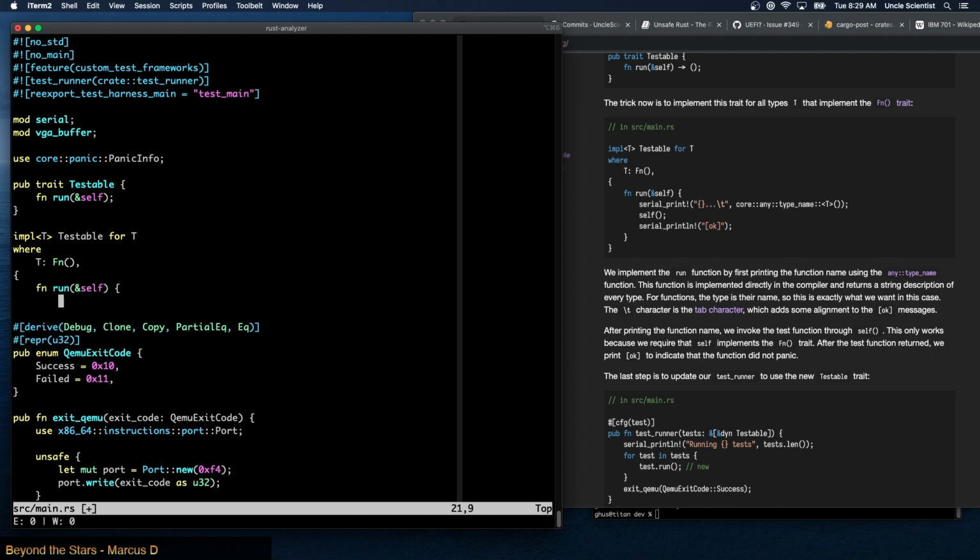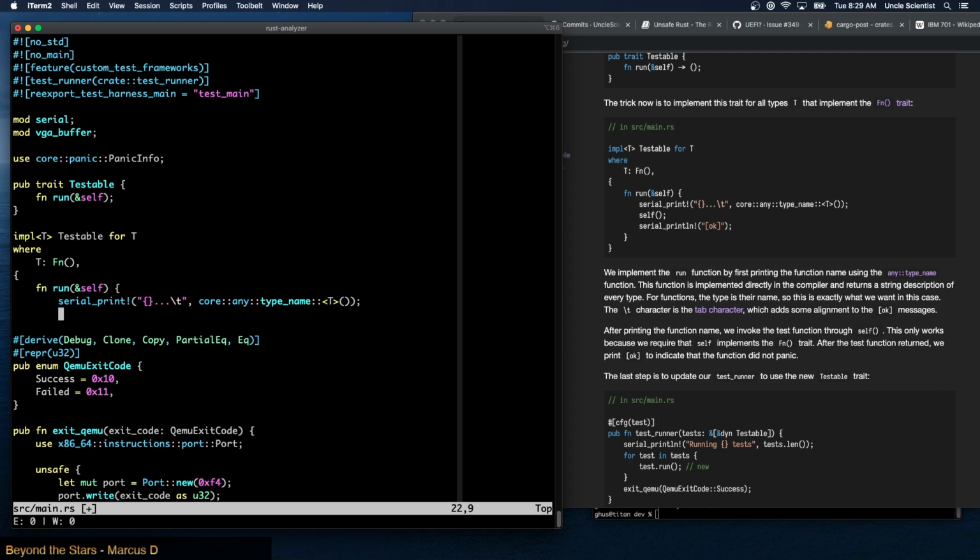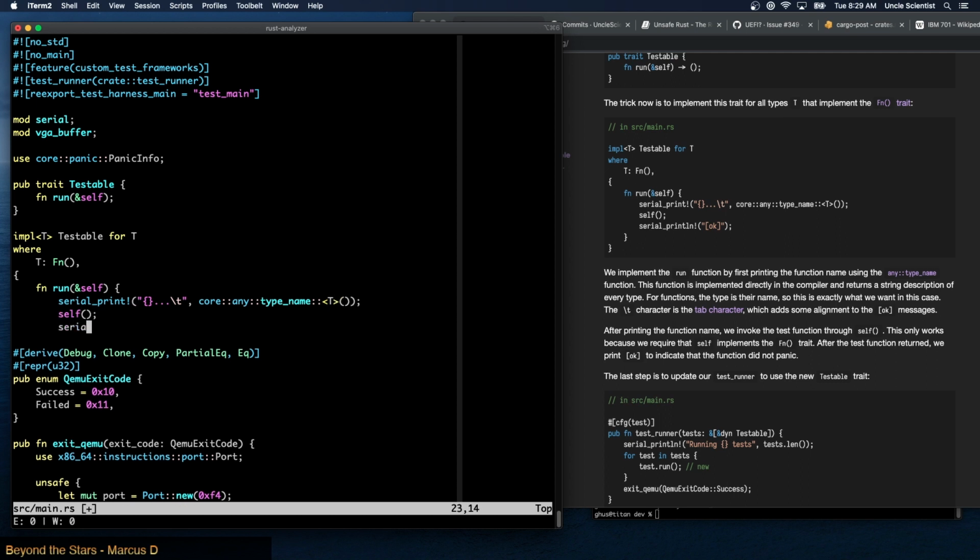Yeah, see, here we don't have the arrow unit. serial_print!("{}...\t", core::any::type_name::<T>()); self(); serial_println!("[ok]");